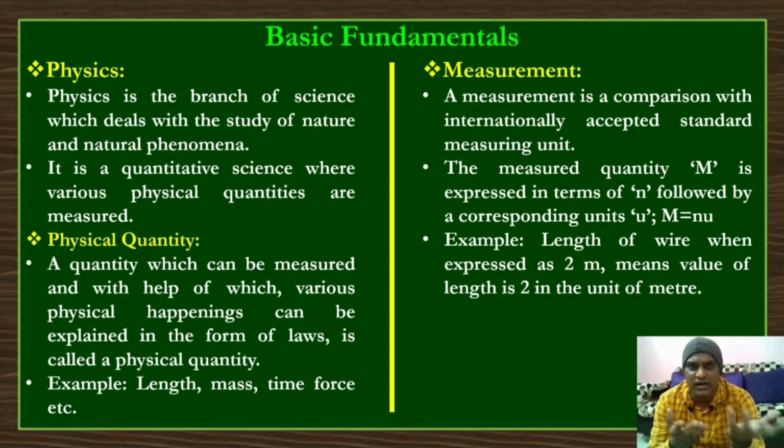If you go to the shop to bring 1 kg sugar, the shopkeeper will put a 1 kg weight in a pan, and pour 1 kg sugar on the other side, and when it balances, he will say this is 1 kg, take it. So what he is doing is comparing that sugar with the standard weight available with him. This is what we do for everything, we compare with the standards. That is called measurement, right?